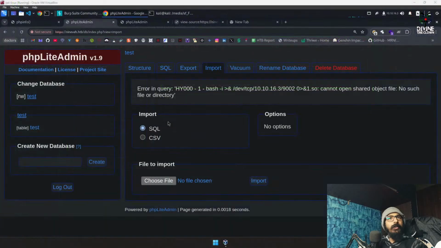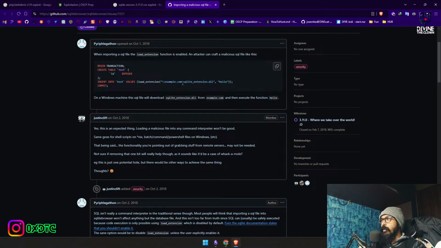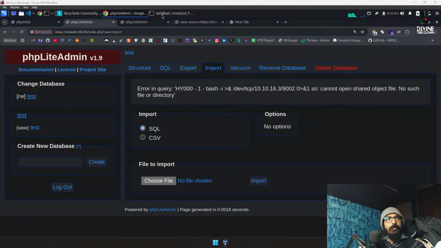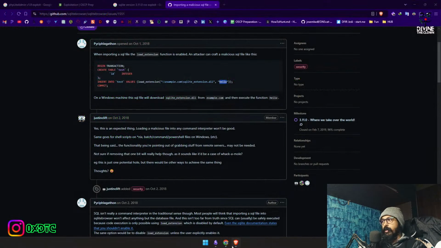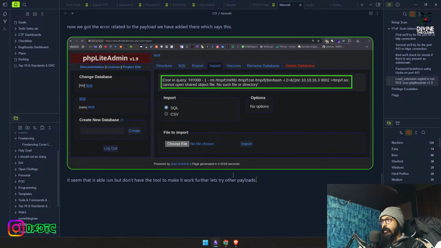Okay, so let's see if we can make it trigger the stuff that we are looking for. It says it will trigger the DLL, but why does it use the hello? Interesting. Let's try this with our content over here. If I try to edit it back, or the SQL,